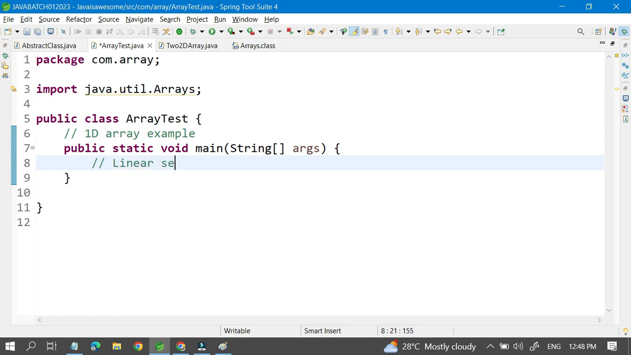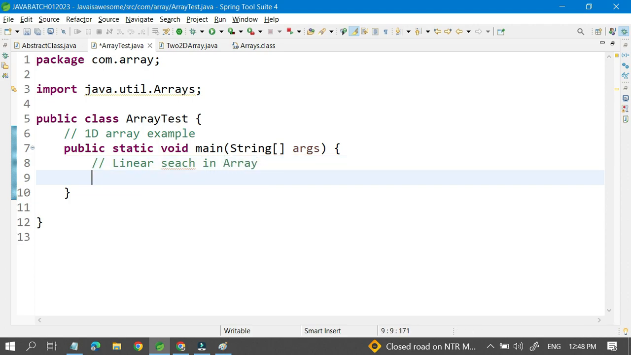Linear search in array. What is linear search? Linear search means